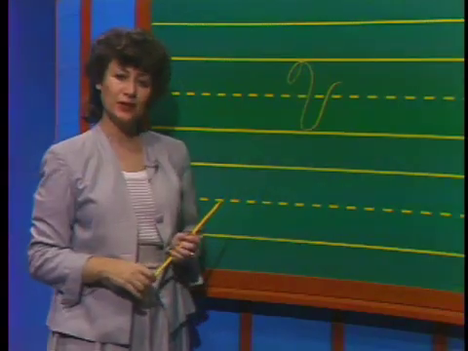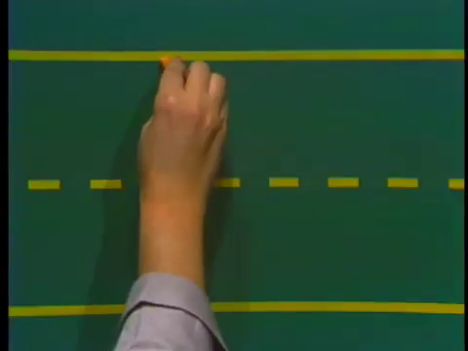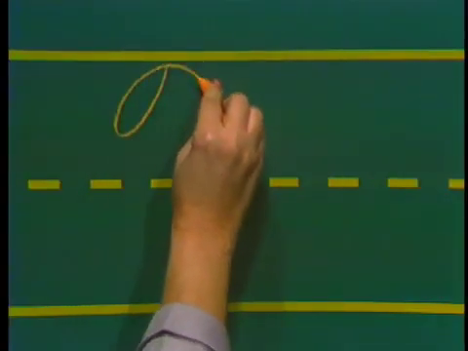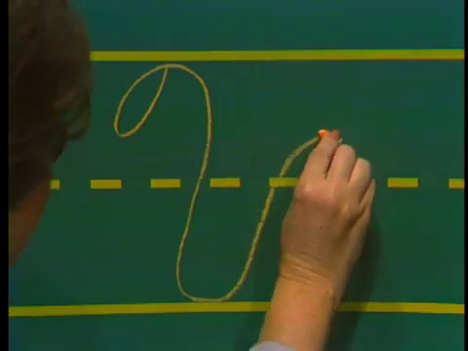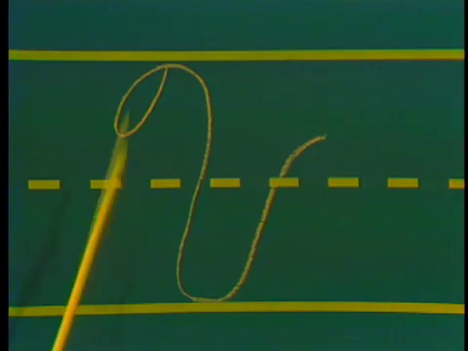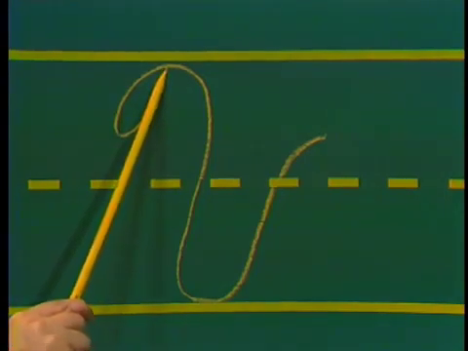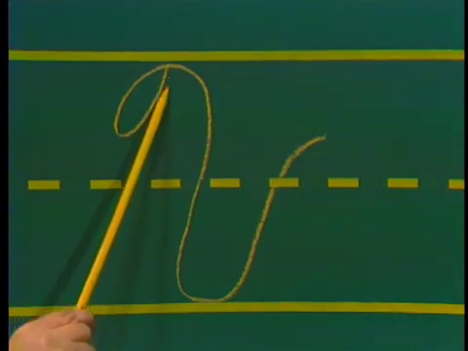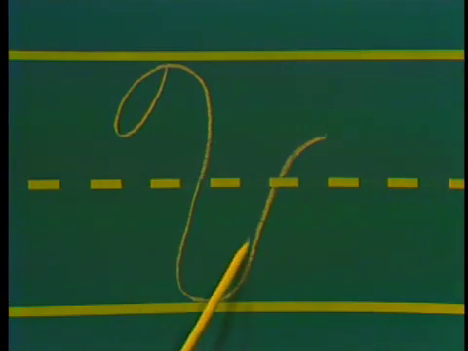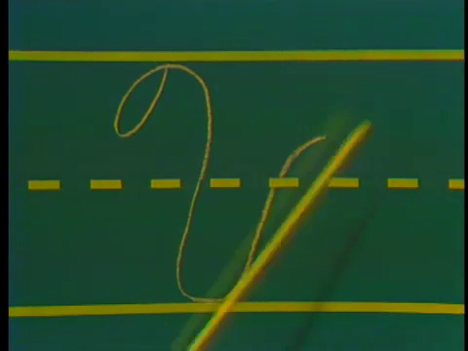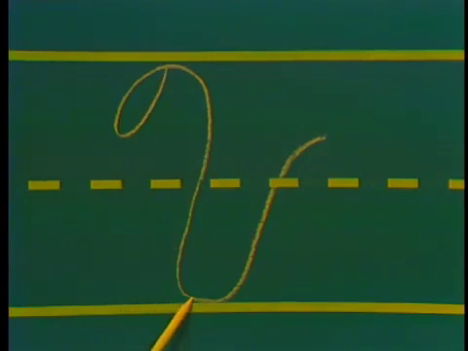We can make the capital letter V to the count of 2. Watch as I do that. The cane stroke is number 1, then the undercurve, and the finish is 2. Put your pencil at the headline, and I will count for you as you make your second V. Ready? Begin. 1, 2. Check yours to see that you closed your loop, that you came down to the baseline, and that your